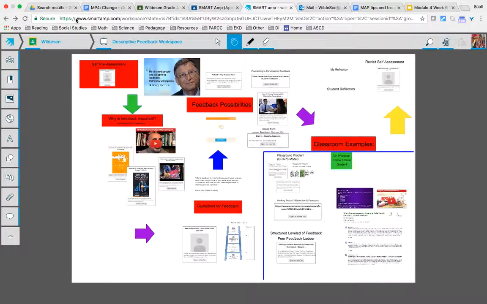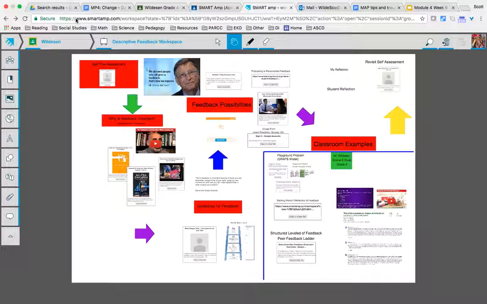Feedback favorites. I just wanted to give a little bit of self-reflection about what this workspace is, what descriptive feedback means to me, what it means to the students, and why it is critical that we give students the most descriptive, appropriate feedback possible, especially knowing the different situations and the kind of feedback that the students need in given the appropriate task.